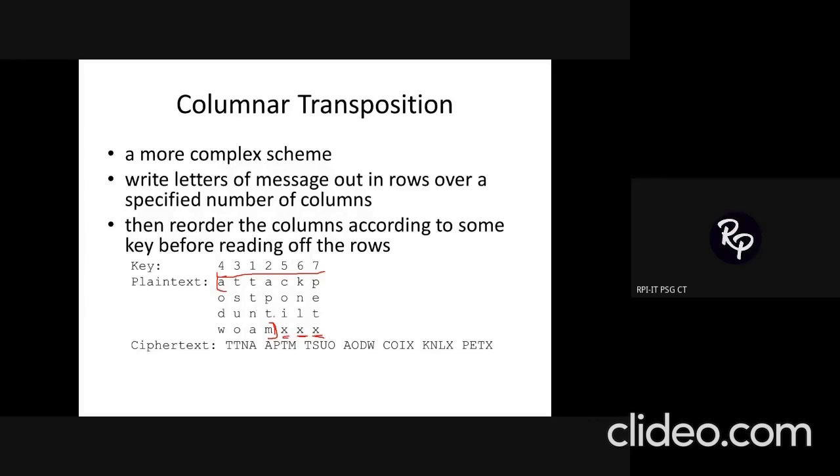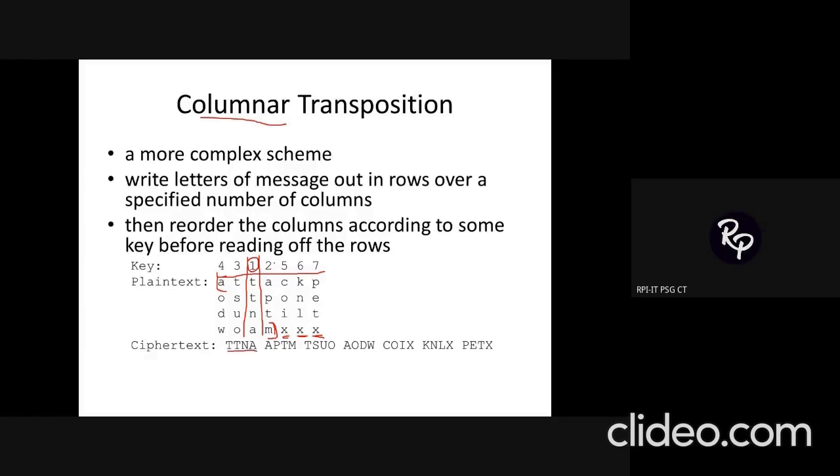So I have written the plain text in a row-wise manner, and I have added 3 X at the end. Now, the name is columnar transposition, so that indicates you need to process your values in a column-wise manner. The key value is 4312567. Check where my value 1 is present. My 1 is present here, so read this particular column first. The first column fully you need to read. I write it in a row-wise manner and read it in a column-wise manner. Wherever number 1 is, I read it column-wise, so that becomes TTMA. This is your first set of ciphertext.